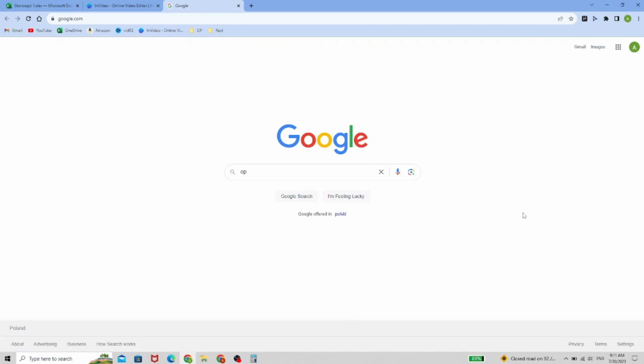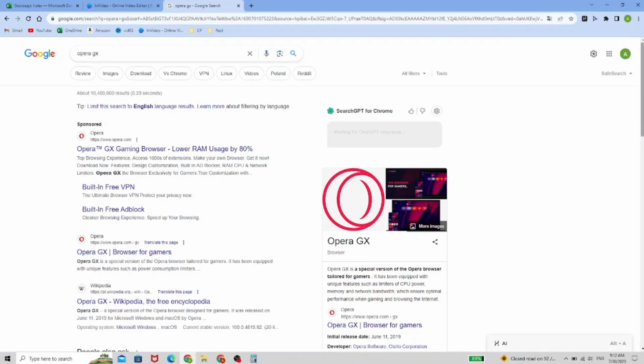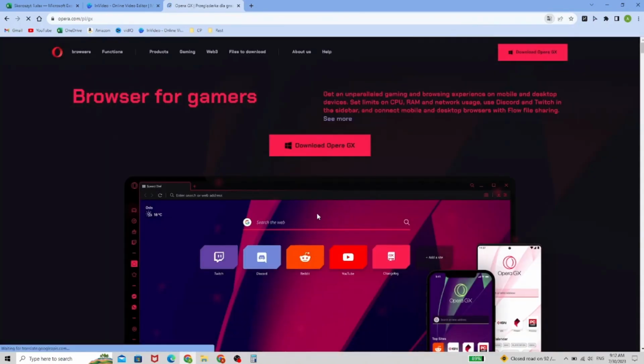Hello, in this video I'm going to show you how to download Opera GX and install it. So first we go to Google, we type Opera GX and we look for their site. Click it. Now we go to download Opera GX,